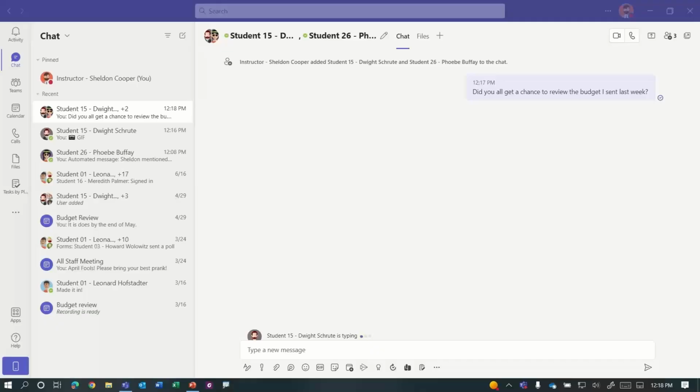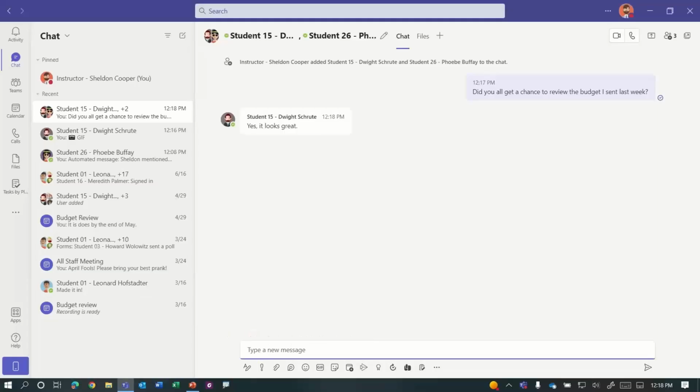Now, one thing you'll notice is that as your colleagues are responding, you can see that they're actively responding because it'll tell you when they're typing. This is extremely helpful when you need a quick response. And you can see that Dwight got it and it looks good. But let's say Phoebe, for some reason, she never got it. So if she responds to that,